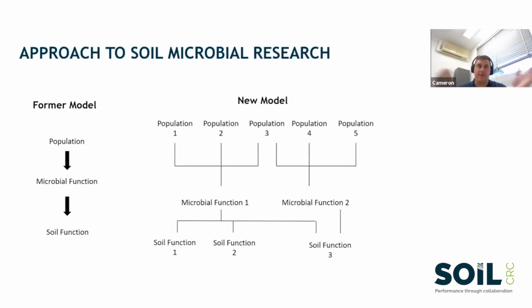If you increase your diversity, if you increase the different types of microbes that you have right across the board, then you're going to increase the microbial functions. Now, as you can see here, multiple populations or species of microbes can be involved in one function, and one species can be involved in two separate functions. And then the overall soil function, going back to those key functions, so you get your nutrient cycling, your carbon storage, your biochemical regulation,